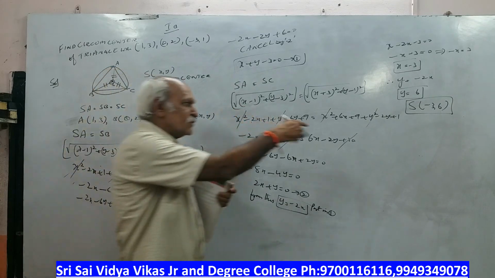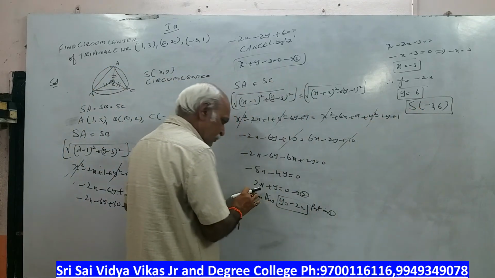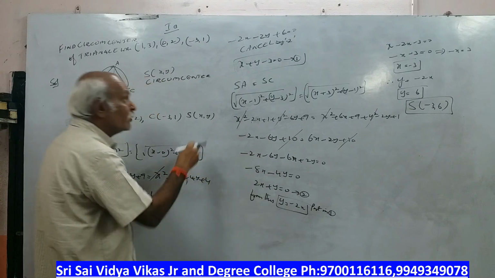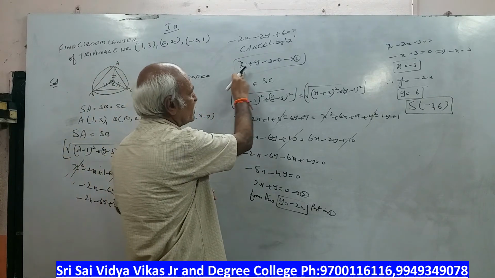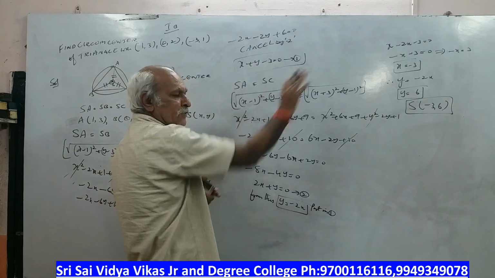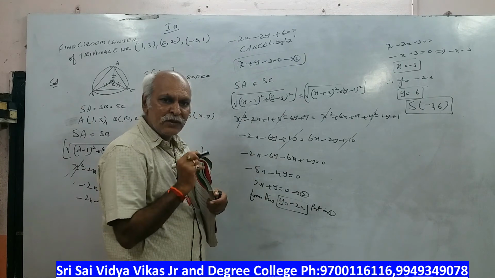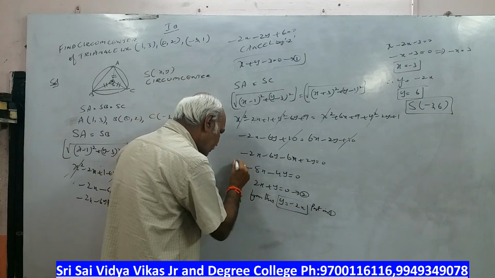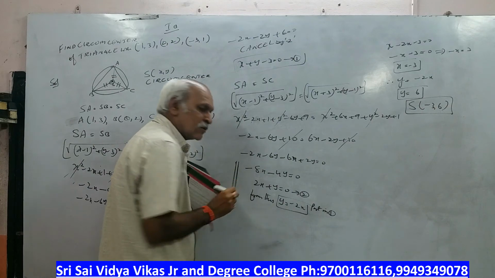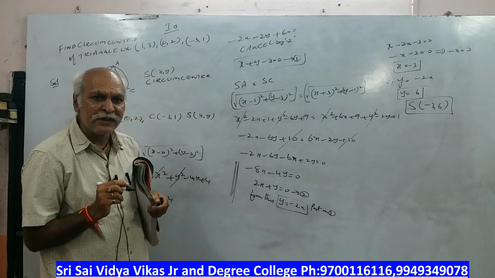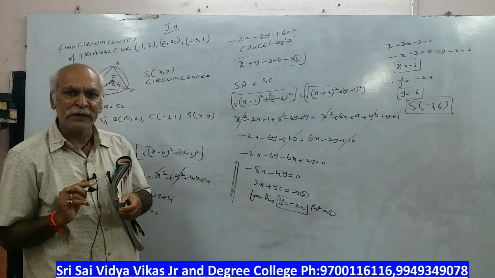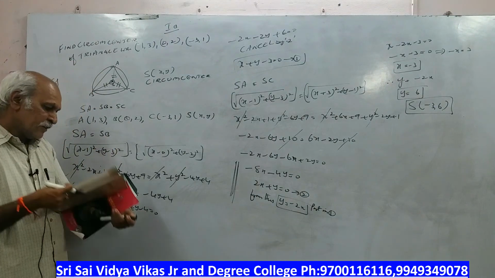Observe here, if you put this value minus 3 comma 6 here, it becomes minus 6 plus 6, 0. Again, if you put here minus 3, minus 3, minus 3, minus 6 plus 6, if you substitute the value, it will satisfy. So okay, for this only one problem I am putting here lines. Only for this problem we are using this method. Otherwise, we have to use the cross multiplication method. In circumcenter, these three problems are there.